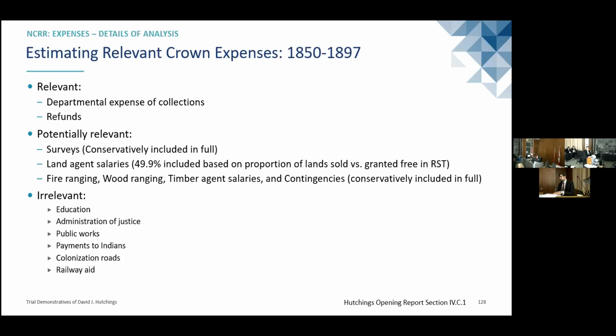I cite those in my report. It includes things like a jail, so not related to generating direct Crown resource revenues. I exclude the annuity payments, what's in the documents called the payments to Indians, because that's unrelated to the direct Crown resource revenues. I'm going to stop you there, but